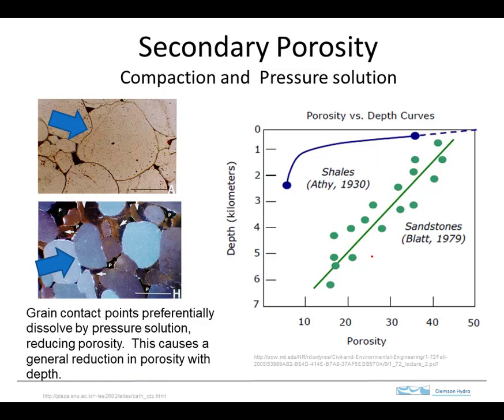So here's another way that you can alter the porosity, and this was shown earlier in a slide where I had it labeled as primary porosity. Really, this is a process that modifies the primary porosity by compaction and pressure solution. And what's going on here is if you've got grains like this of quartz or really any kind of mineral,